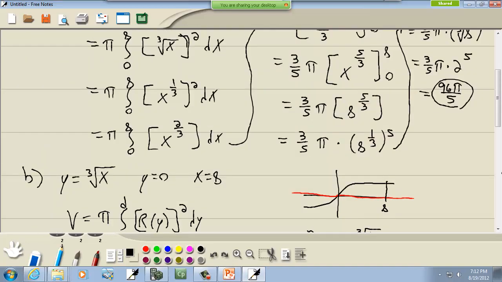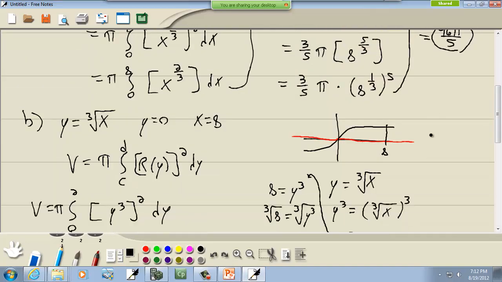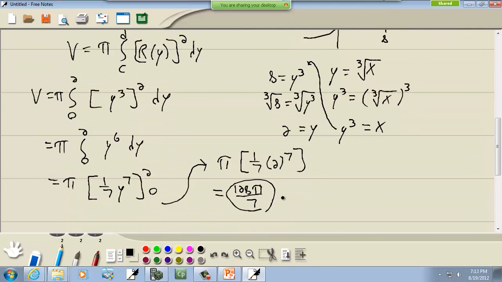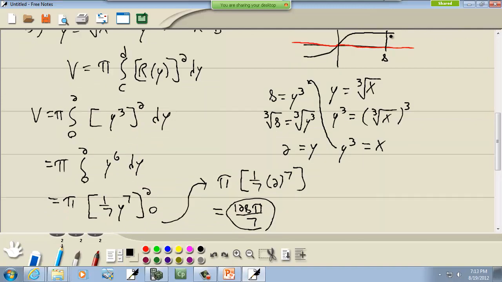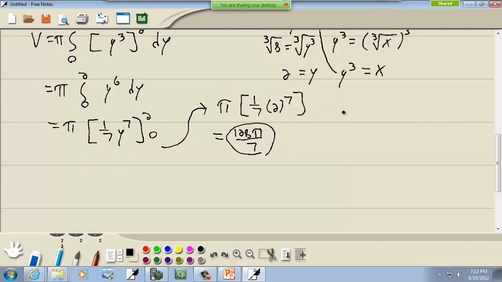Now notice, this is 96 pi over 5, and this is different. They're not meant to be the same. We're not finding the area just as what's bounded by these graphs. We're finding when it revolves around. If we revolve it around a different axis, the volume will be different. So,